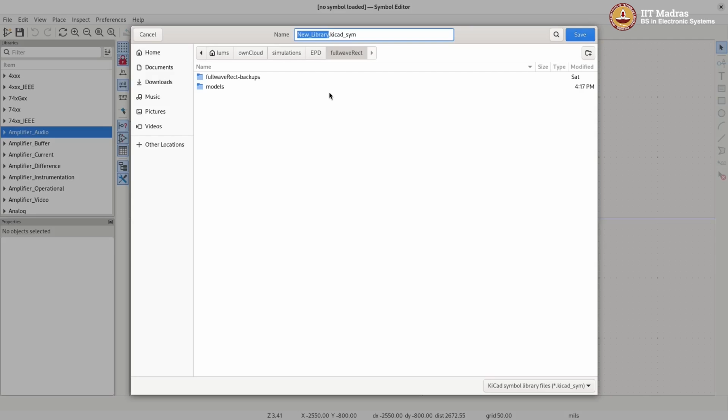So this thing comes up like this. So let me put it into a folder called symbols. So in the project, let me also have another folder. I'll call it symbols. Create. So a new folder called symbols is created here,